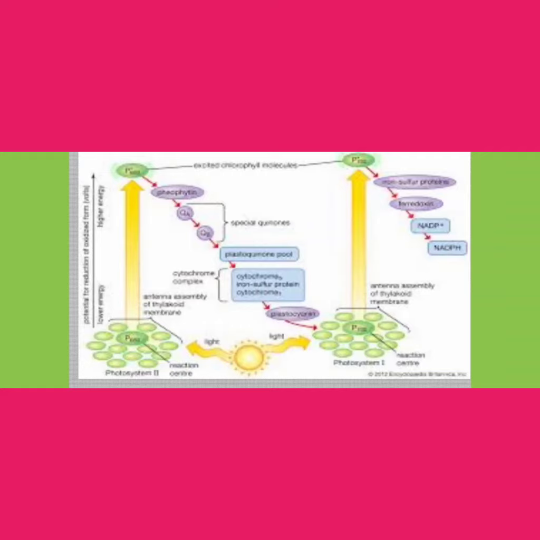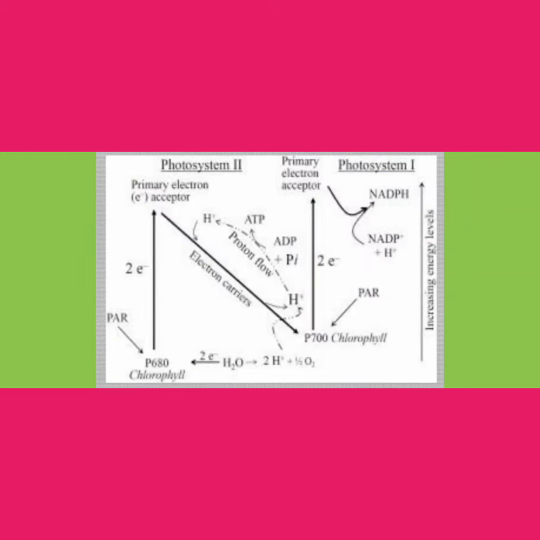Like this, from one water molecule 2 protons, and from the quinone cycle 4 protons, are reaching the lumen of the thylakoids for one pair of electron transport during non-cyclic electron transport. Like this, in non-cyclic electron transport, altogether 6 protons are reaching the lumen of the thylakoids and synthesis of NADPH plus occurs. For one water, 1 NADPH plus is synthesized and 6 protons are reaching the lumen of the thylakoids from the stroma region.